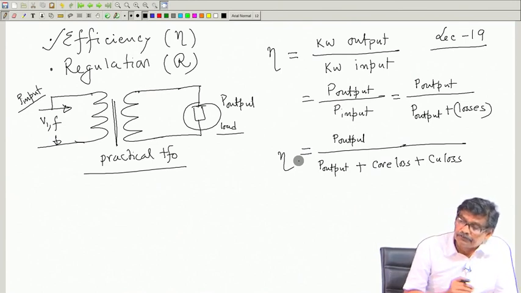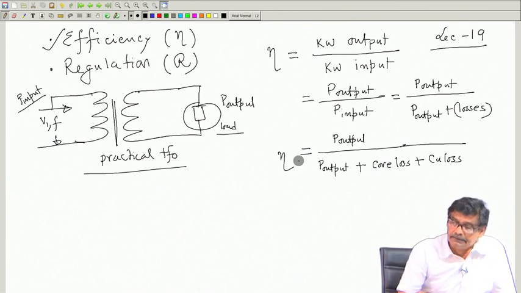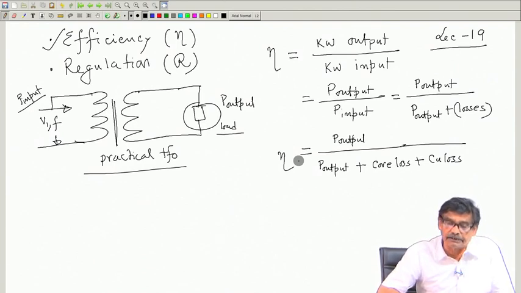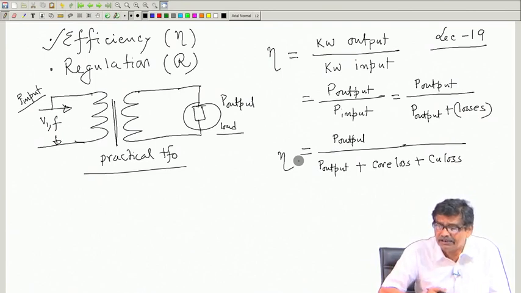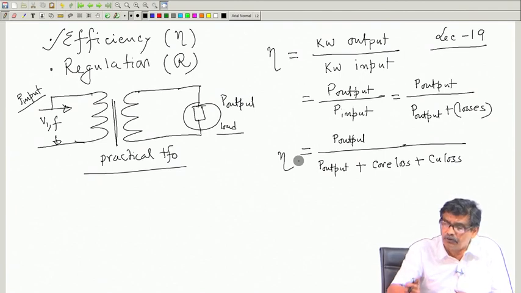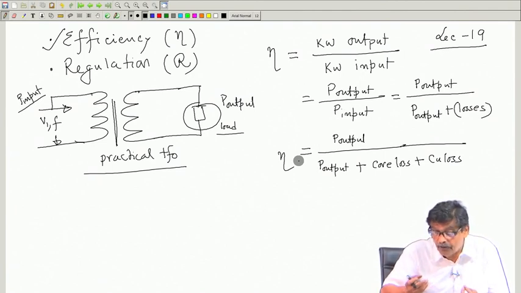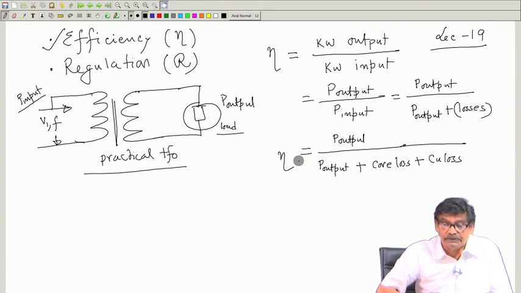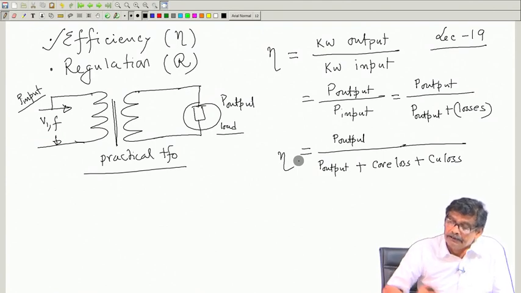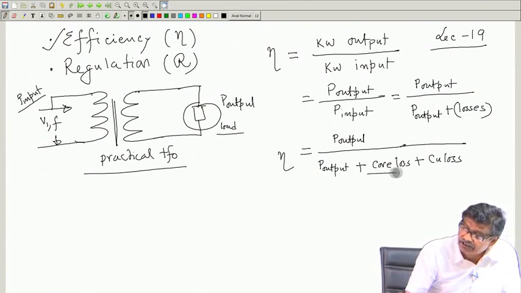So these losses are there, therefore, efficiency will be less than 100%. Of course, as I told you, in a very well designed transformer, efficiency may be as high as 99%. Because it is a static machine, no friction loss, I mean windage loss, these things will be absent, only core loss and copper loss. Windings will become hot, core will become hot in normal operation, as I told you, at rated condition. Now, let us see the losses first.